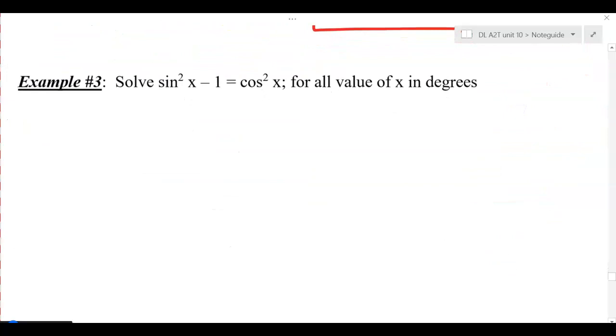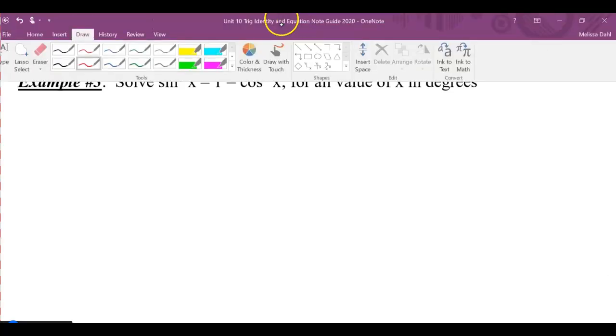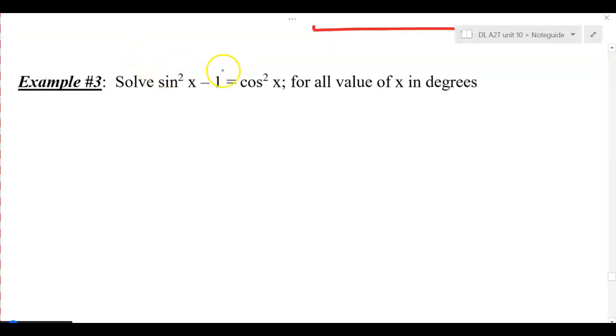So as we look at example 3, we're going to go ahead and solve it, but a little bit of a struggle here. I see sine squared minus 1 on one side. I see cosine squared on the other side. Remember, in order to solve it, I either want to be able to isolate one trig function or get everything together and kind of treat it like a quadratic. I see the squareds here, but I don't like that I have sines and cosines with no relationship. So I'm going to try and